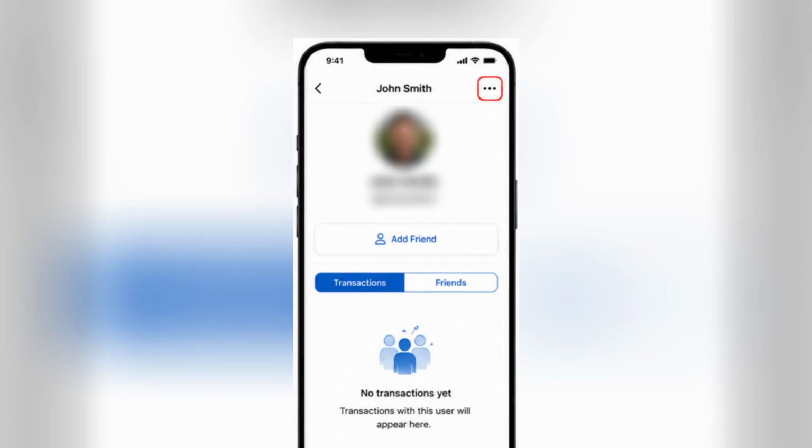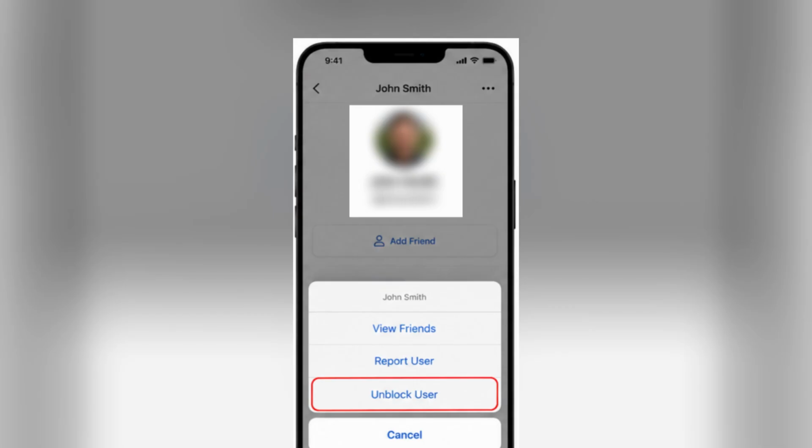Once their profile opens, tap on the three dots in the top right corner and select Unblock User. Venmo will show a confirmation message explaining that you'll be able to send and receive payments, requests, and interact with that person again. Tap Unblock User to confirm. Once completed, the person will be removed from your blocked list and you'll be able to use Venmo with them